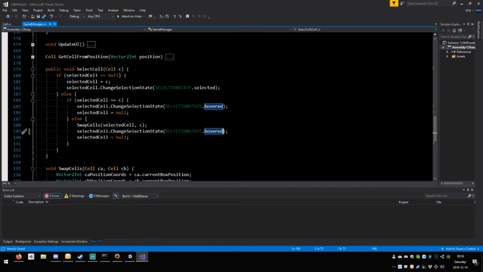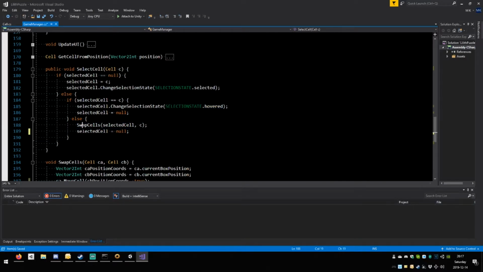Yeah, so as soon as we click a cell, it goes to state selected. That's fine, and then because it's selected, it cannot be hovered. If you select the same one again, you go back to hovered. That's fine. If you select the other one, the 2 boxes remain unhovered, but I don't think that's right. I think what we're going to do is we're going to remove this, and we're going to go deal with